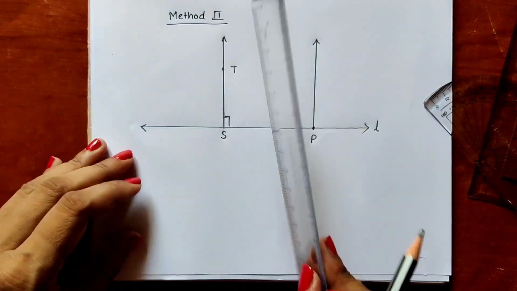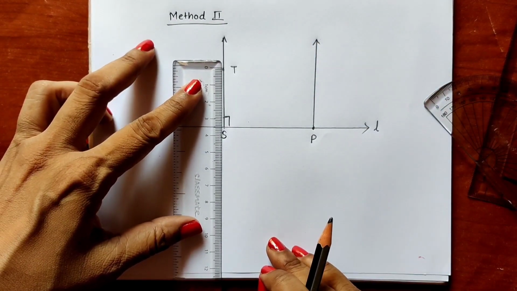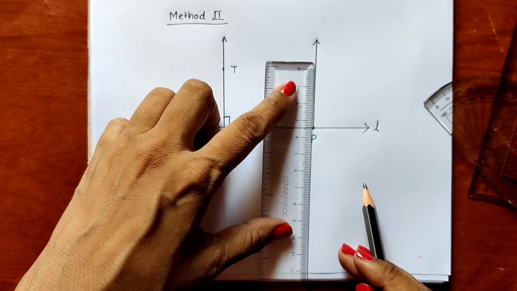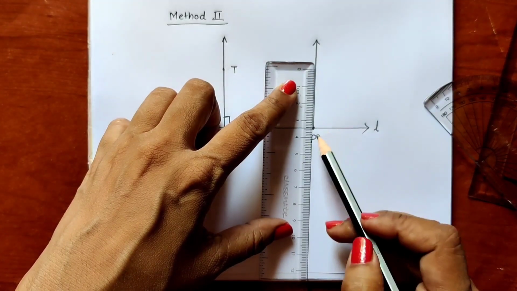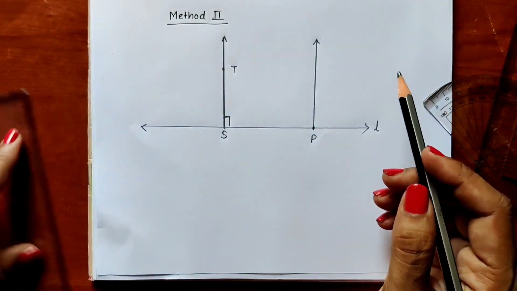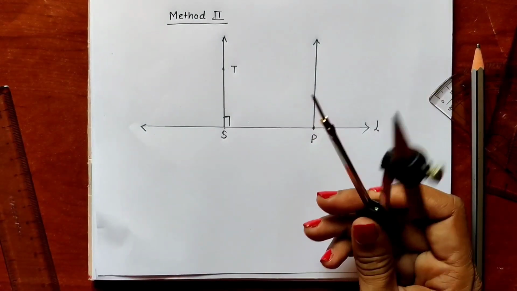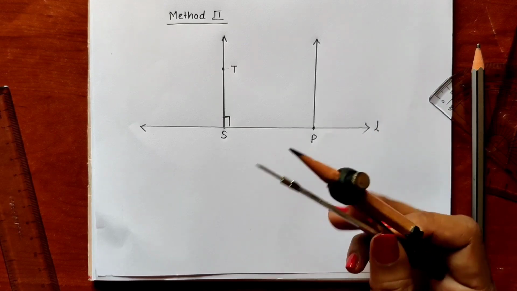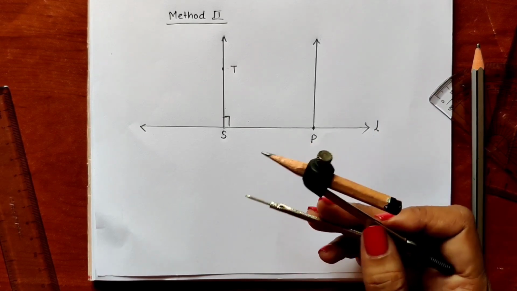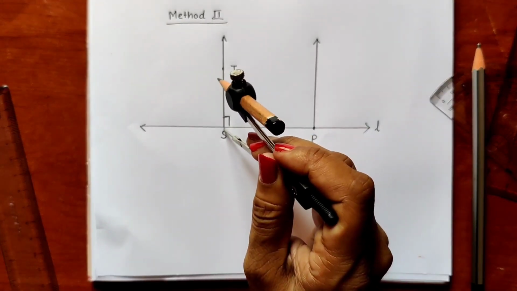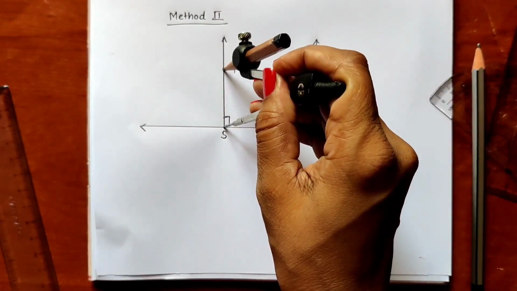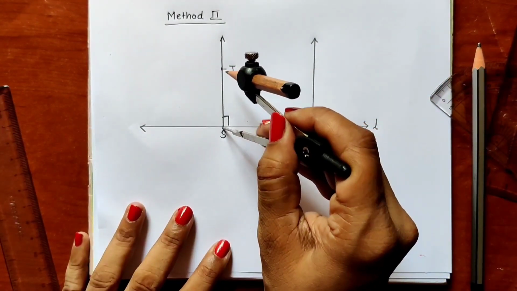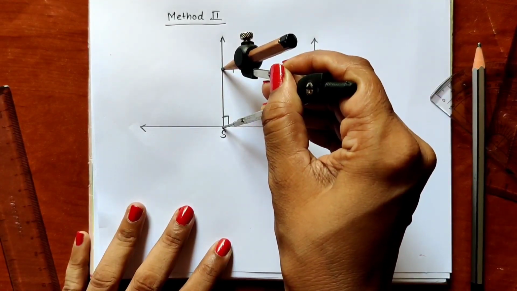Now, either by using my ruler, I will be measuring this distance ST. This is again 3.5. So I will be plotting another point which is at 3.5 distance from point P on this ray. Otherwise I will be using my rounder. When we use this rounder, we get the exact location of the point. So that's why I'm using this rounder. So we will be taking this distance ST in the rounder. See children, I have taken this distance ST in my rounder, exact distance.